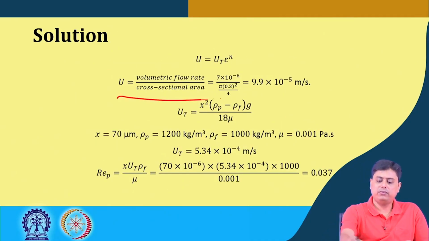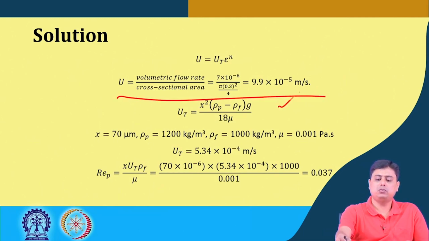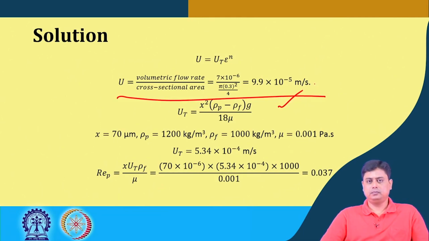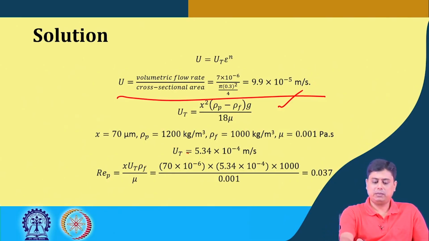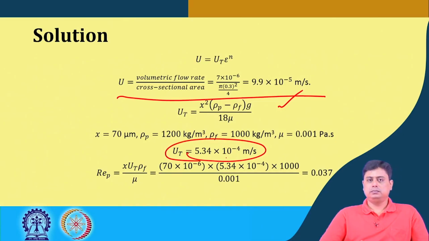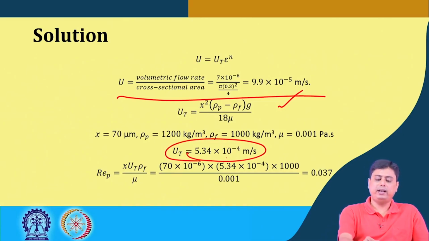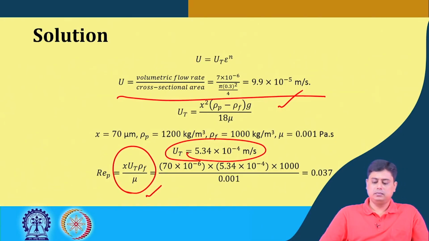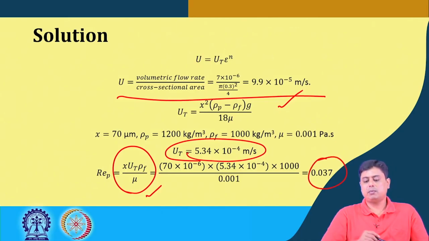So at first we find the superficial velocity from the given information. Here all expressions are given to calculate the terminal velocity. We calculate the terminal velocity. With that terminal velocity we find the Reynolds number, and we see that the Reynolds number value is 0.03,